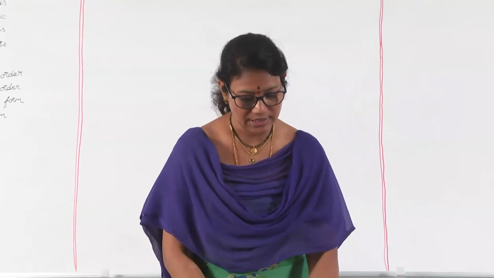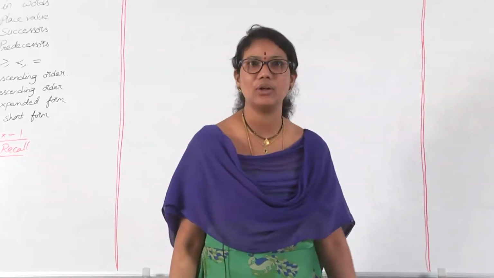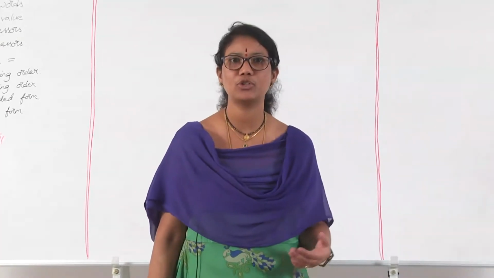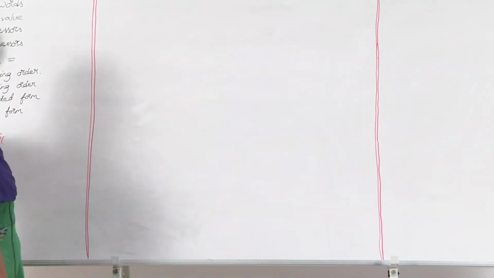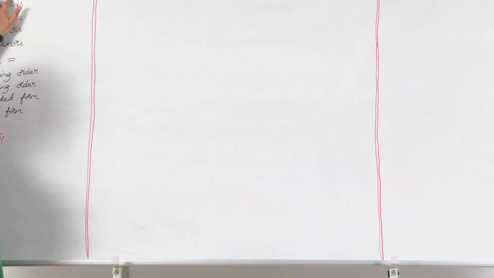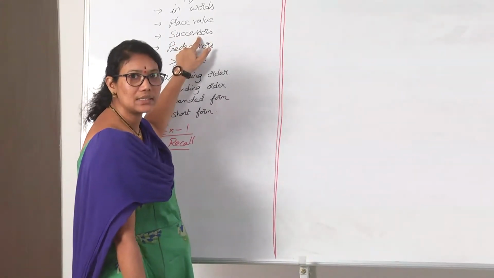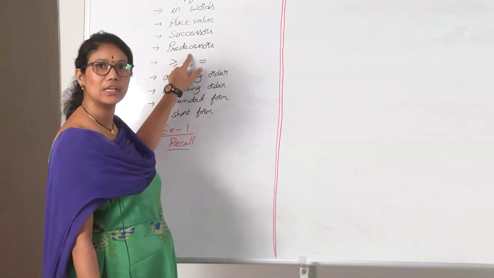Before going to this, let us discuss whatever we have learnt in 4th class about large numbers. Already you had learnt about large numbers in 4th class, so let us recollect the topics. In 4th class you had writing in figures, where words will be given and you are asked to write in figures. Next, writing in words. Next, place values, finding the place value of the underlined digit. Then successor, writing the successor of the given number. Then predecessor of a given number.